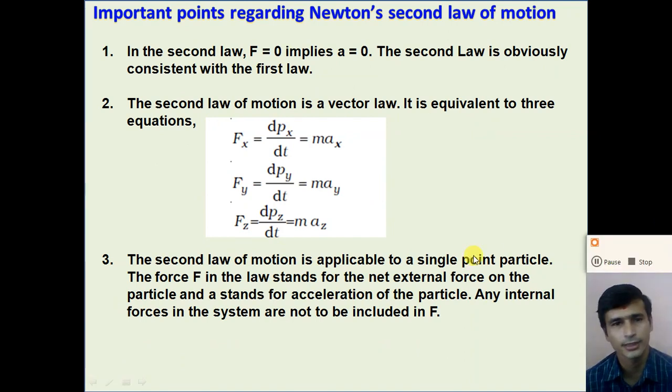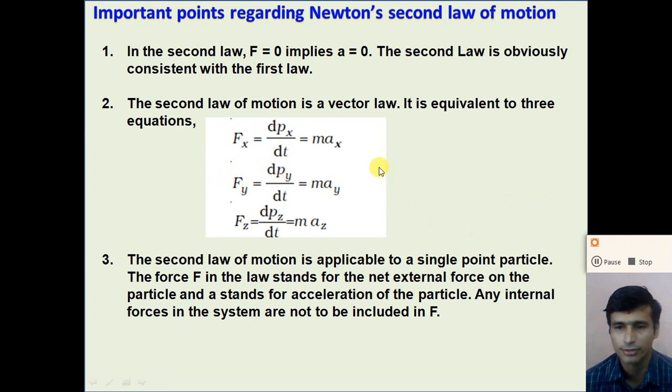So dear student, understand Newton's second law and what is the use of Newton's second law. The rate of change of linear momentum is equal to the external force acting on the body. Or we can say that the mathematical form of Newton's second law: the external force acting on the body is equal to the product of the mass and the acceleration. So here the force F is only the external force acting on the body. We do not consider the internal forces acting on a body, right?